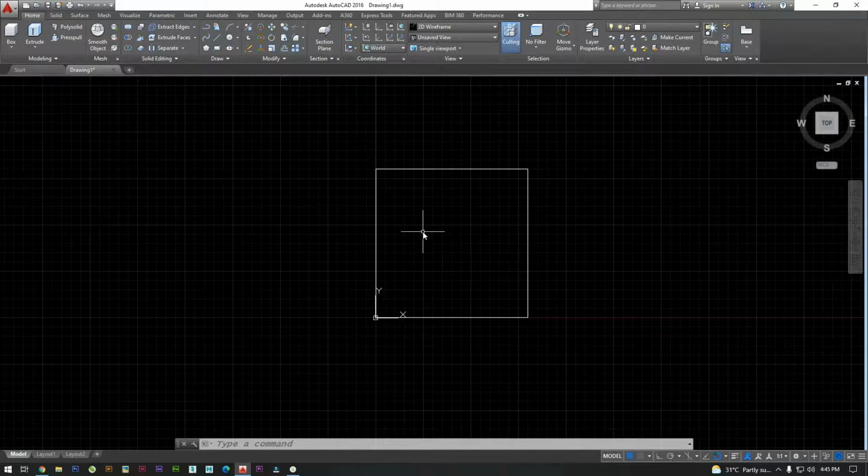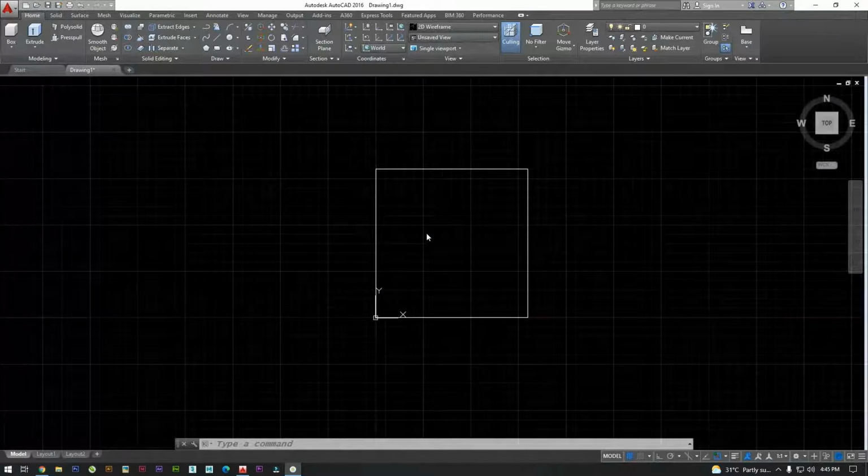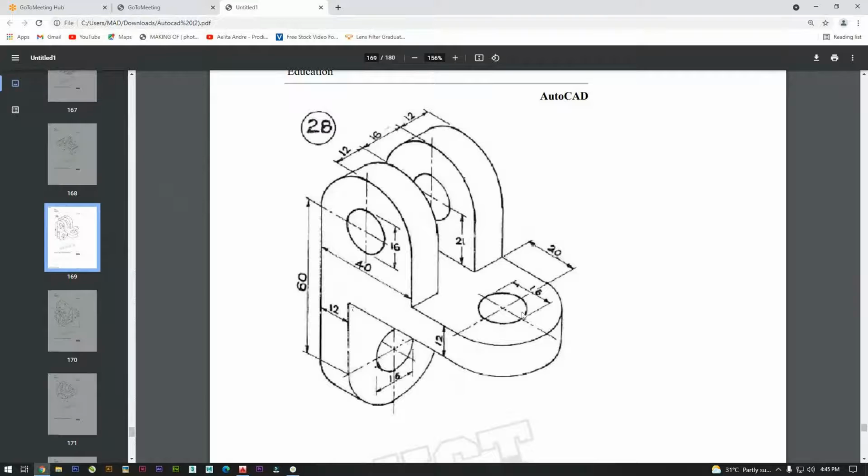Now we need a circle over here, right? We need to drill a hole over here. How to do this? Using the cylinder command.